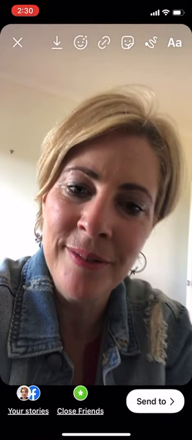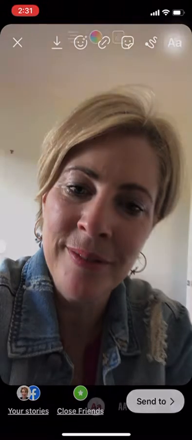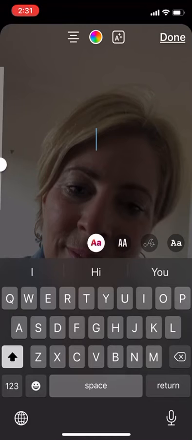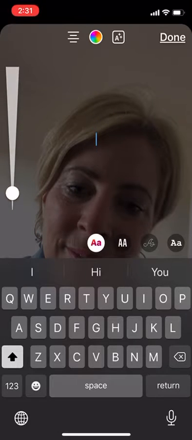And then what you're going to do is you're going to edit it. So we have words, and see there on the left-hand side, you can make the words bigger or smaller, and you just can't do this on your computer. It has to be done on your phone. Okay, so